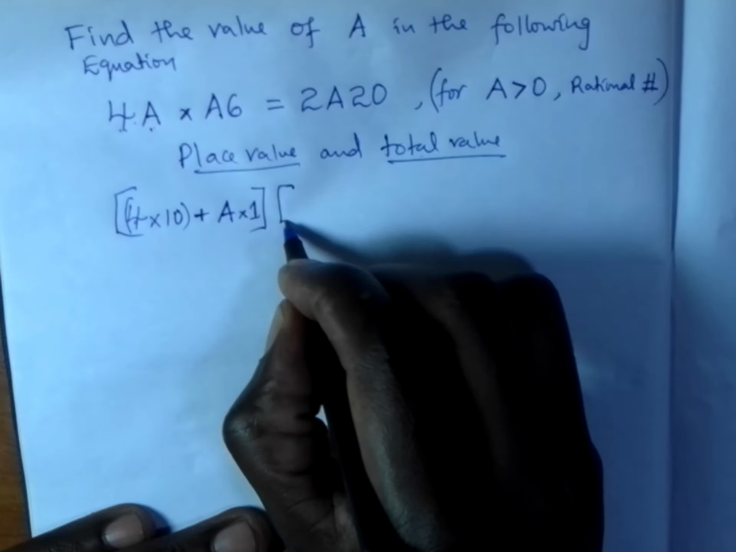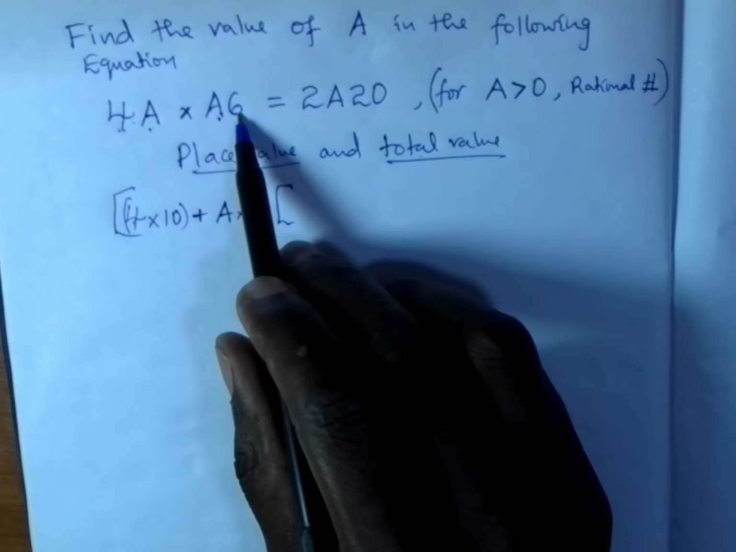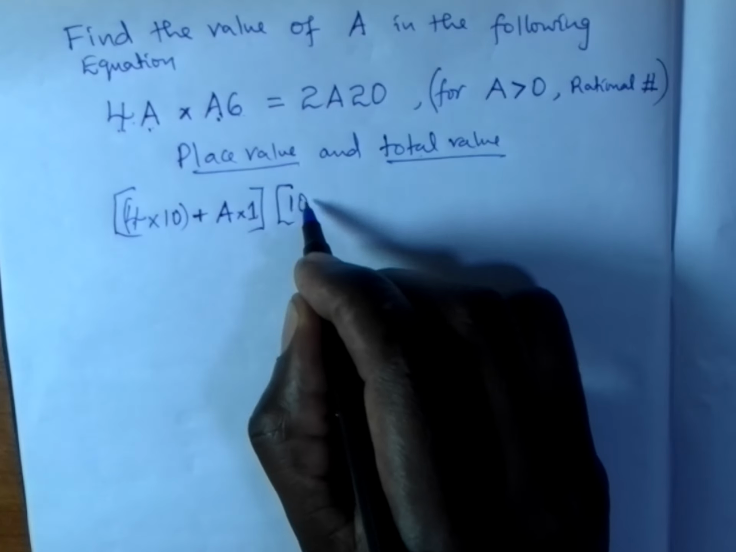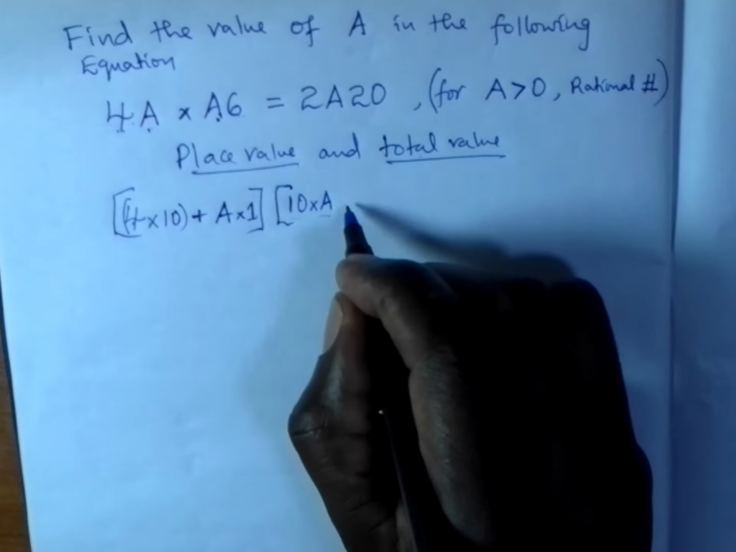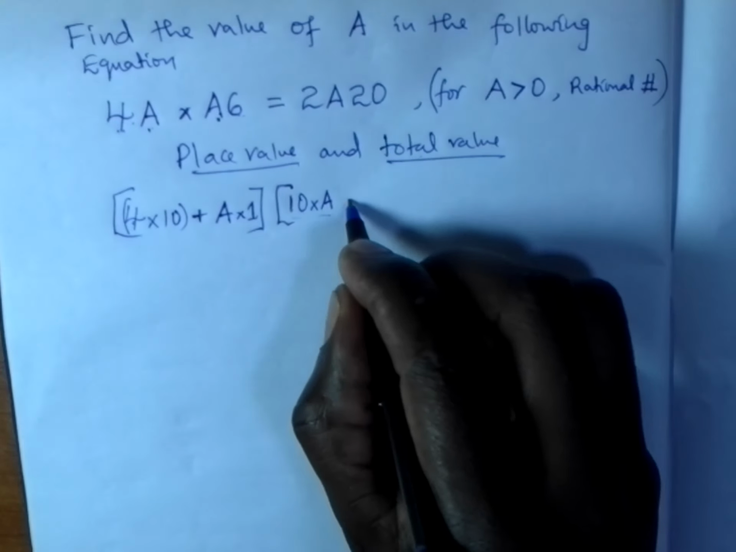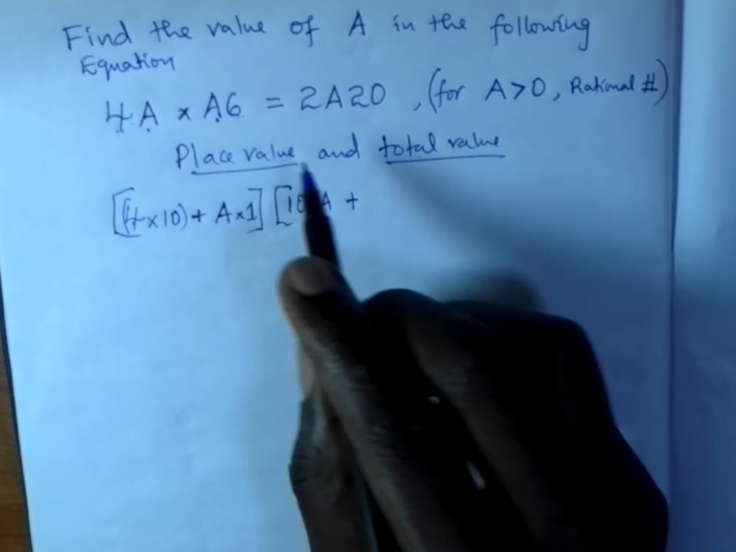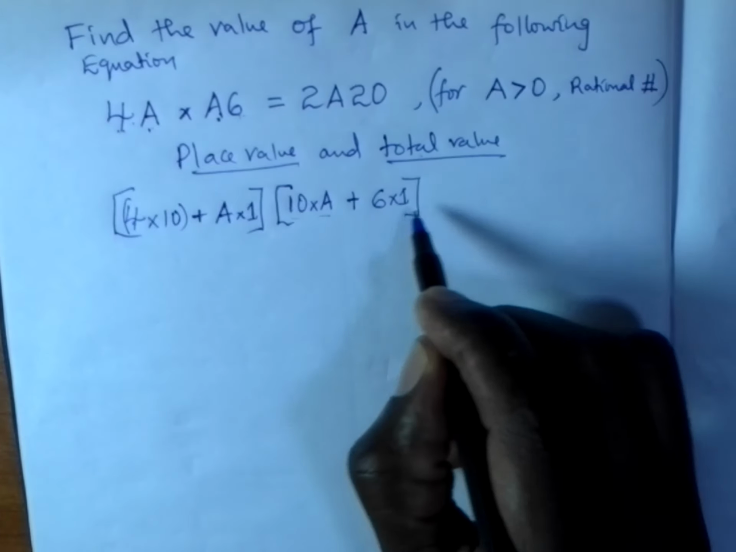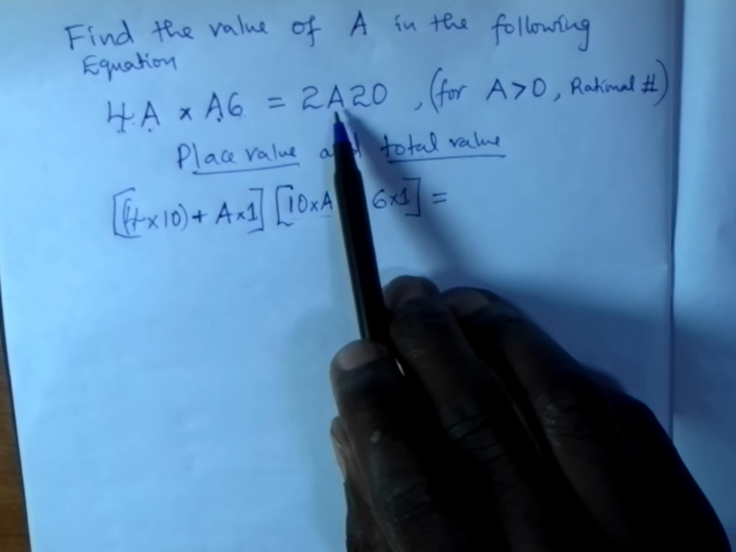Again, we multiply by the other one. We have a, it is in the place value of 10. So it can be written as 10 times a, that is its total value. Then plus 6, it is in the place value of 1. So it can be written as 6 times 1, which will be equal to, on the right hand side of the equation,